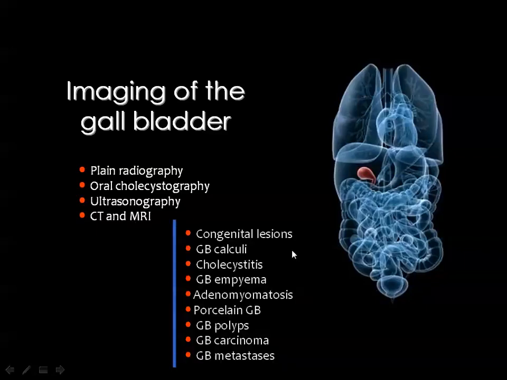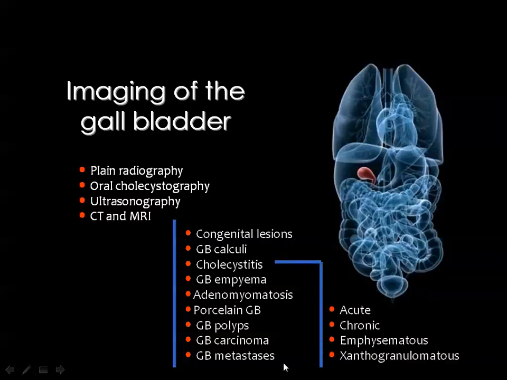These are the lesions which will be discussed, including congenital pathology, gallbladder stones, cholecystitis, gallbladder emphysema, adenomyomatosis, porcelain gallbladder, gallbladder polyps and carcinoma, and metastasis. And in the issue of cholecystitis we have the acute type, the chronic type, the emphysematous cholecystitis, and the xanthogranulomatous